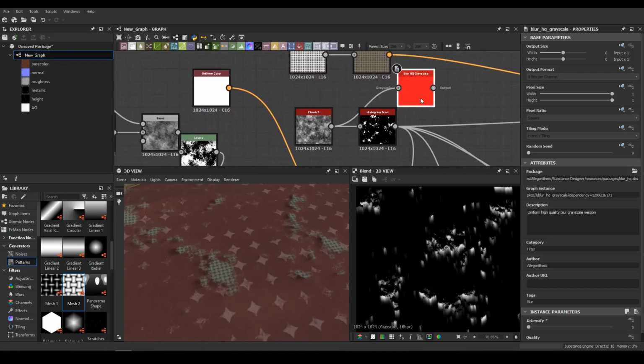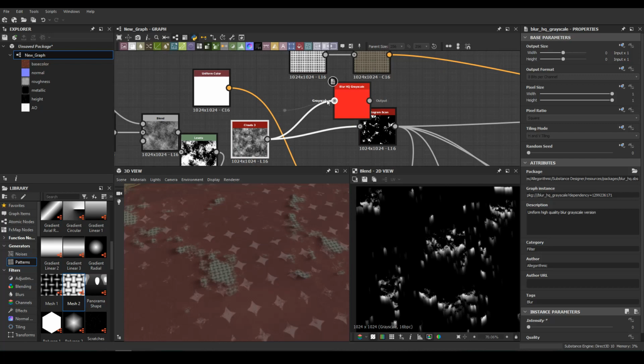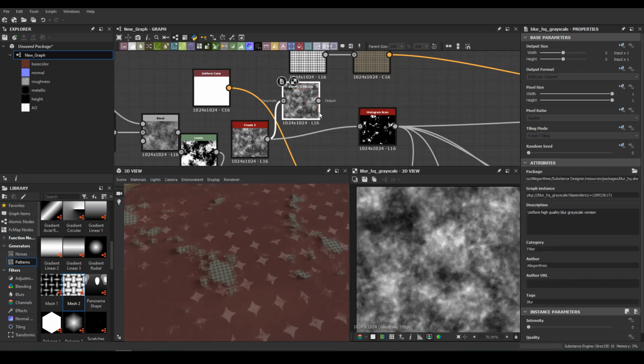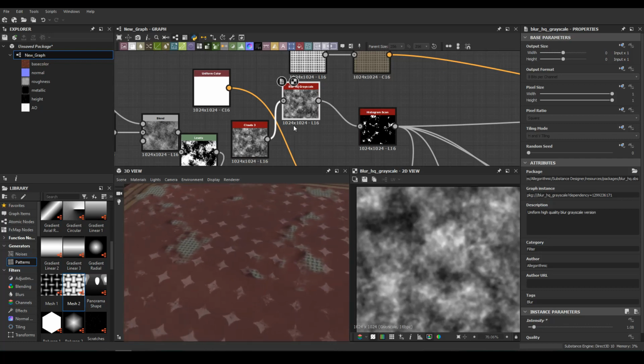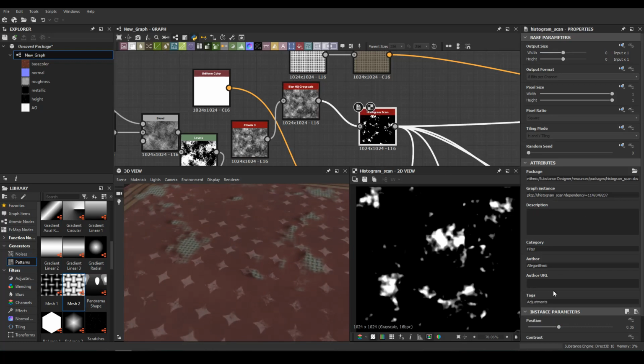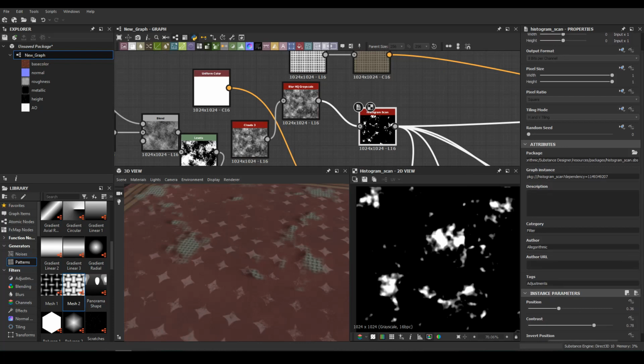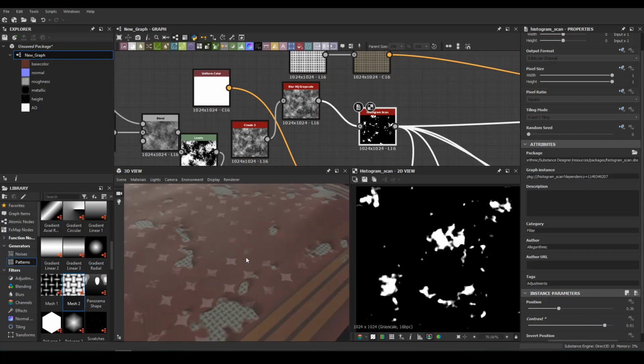Okay, let me blur here. Position, increase the contrast. Okay,